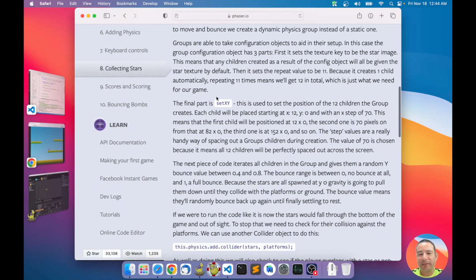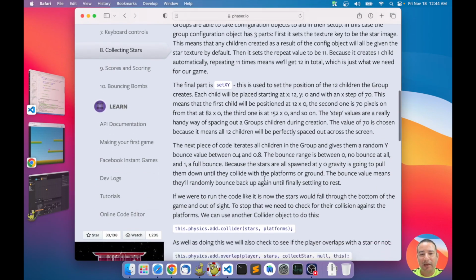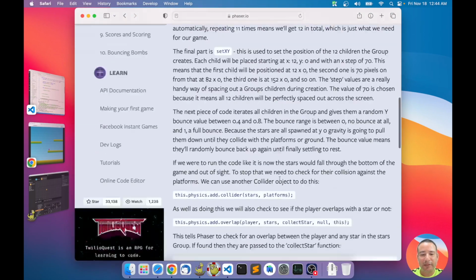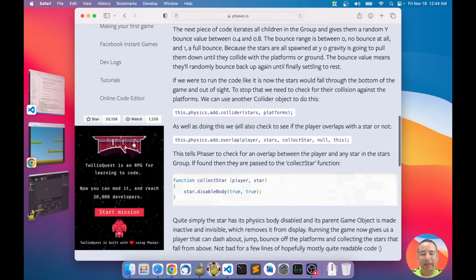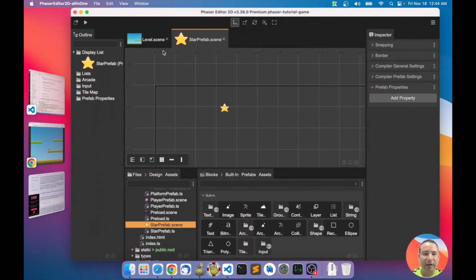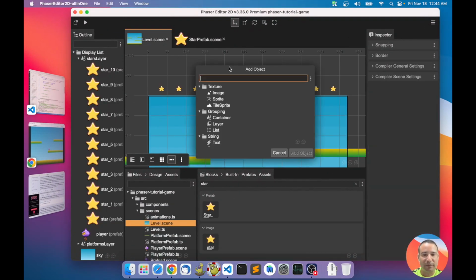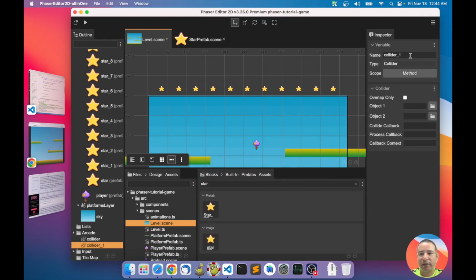Here it explains what he did here, and after that we add a collider of the stars with the platforms, and we do that in the editor. We have the collider object here. Later, add a collider, the stars, platforms,